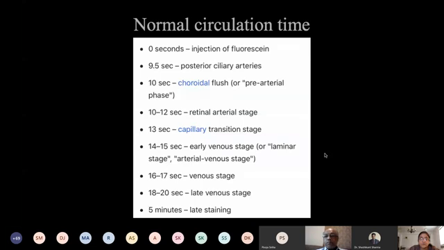You have the venous stage and the late venous stage, which are going to be between 16 to 20 seconds. And then the late staining will take place at about 5 minutes. So this is important. And this is also important, especially when we are comparing, if we are supposedly having a diagnosis of a central retinal artery occlusion, you would like to see that there is a delay